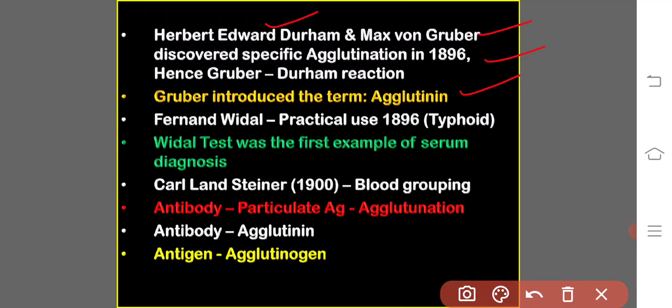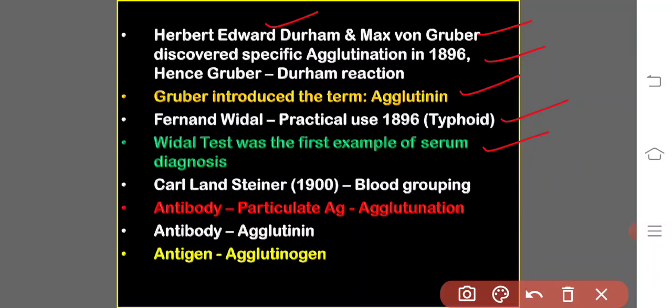Later on, French physician Fernand Widal put Gruber and Durham's discovery to practical use later in 1896, using the reaction as the basis for a test for typhoid fever. Widal found that blood serum from a typhoid carrier caused a culture of typhoid bacteria to clump, whereas serum from a typhoid-free person did not. This Widal test was the first example